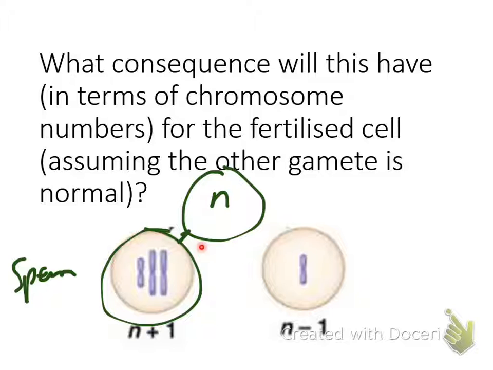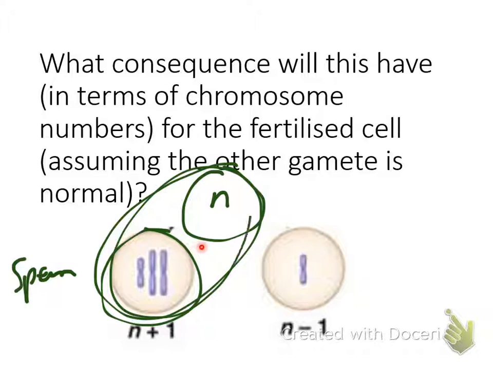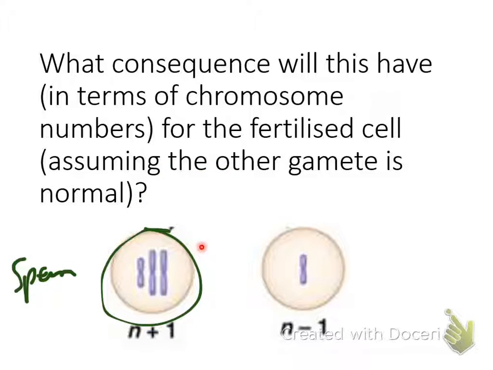And so if these two fuse, this has got 23 chromosomes, or N, this has got N plus 1, so when I add them together, when we fuse their genetic material, we're going to end up with a zygote